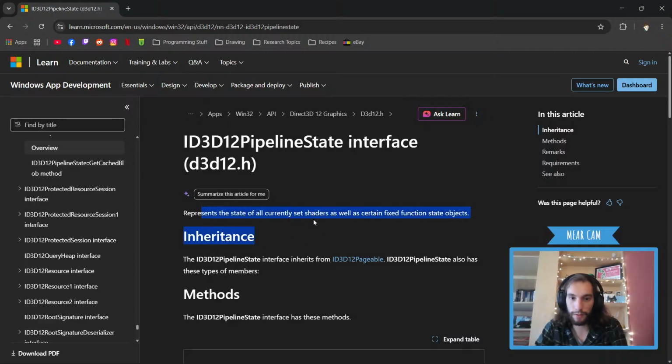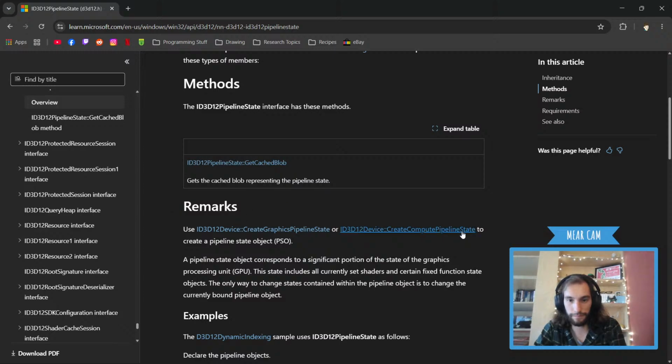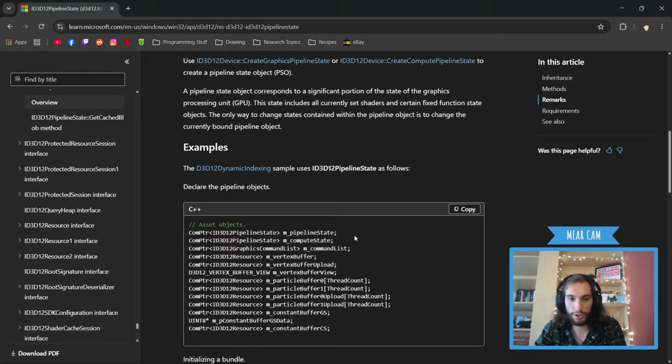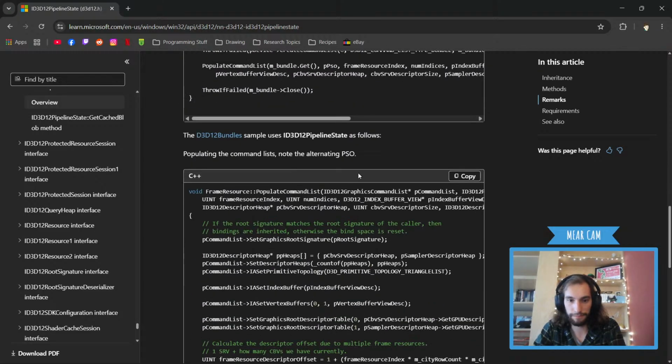It represents a state of all the currently set shaders as well as certain fixed function state objects. Okay, great. Okay, so we have a graphics pipeline state object. A pipeline state object corresponds to the sequence portion of the state. I'm pretty sure this will do everything shader related.